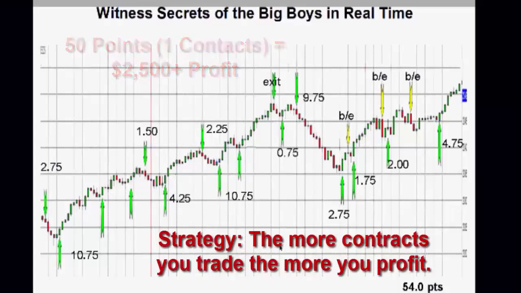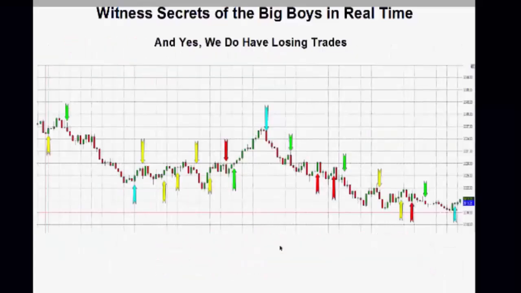And you say, well, gosh, Tom, don't you have any losing trades? Well, yeah, we do. Let me show you this here. Here's a trade here. We break even on that first trade of the day. Then we get on a little ride here. I'll make almost 12 points here. Really good. We exit here, we break even, and then we go break even, break even, break even, break even. Oh, man, frustrating. We even take a loser here.